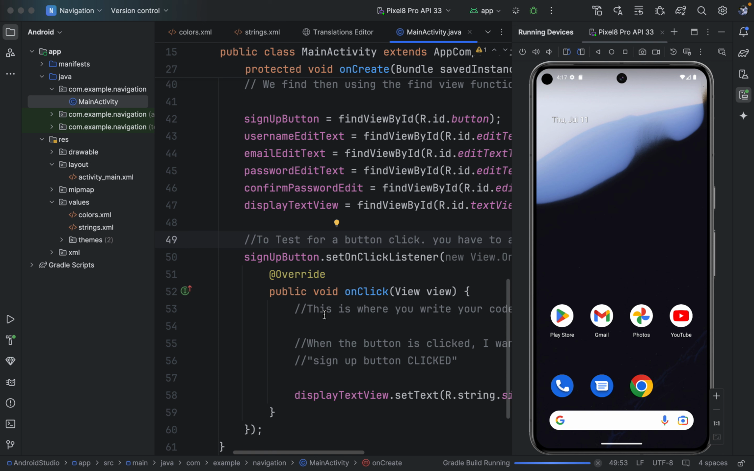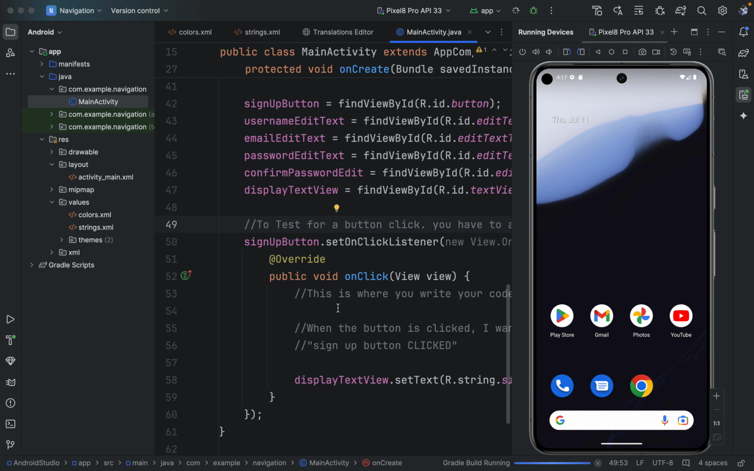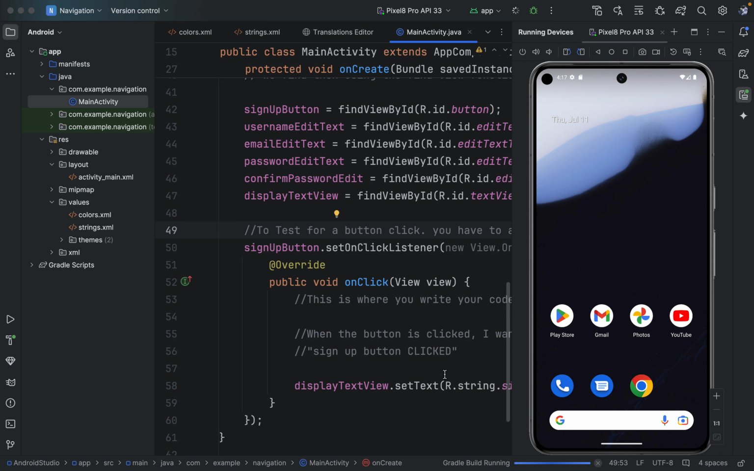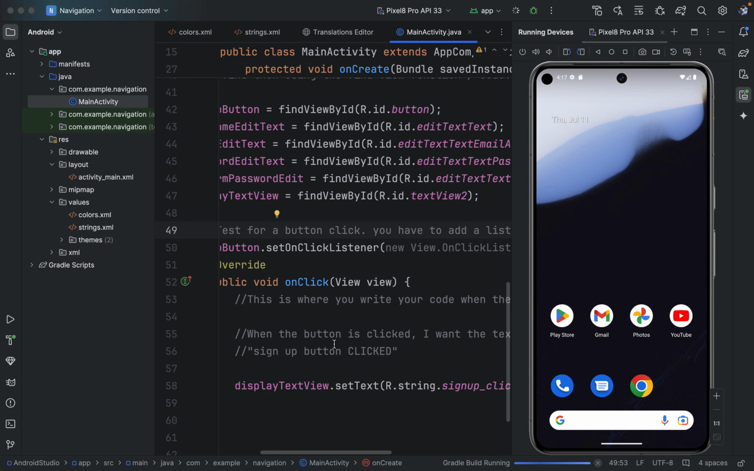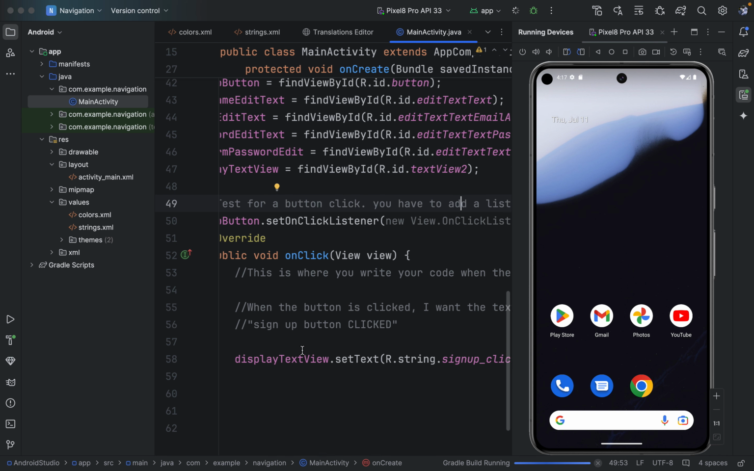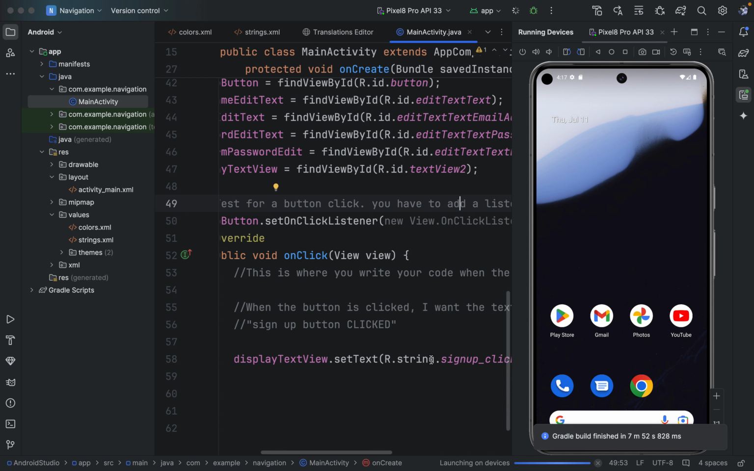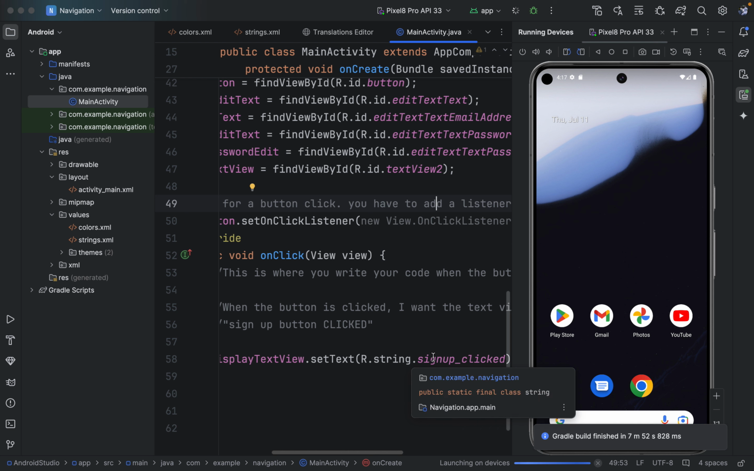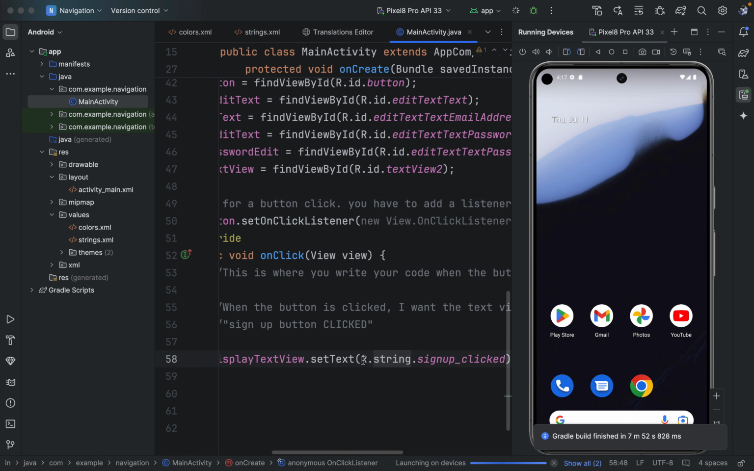At the onClick is where you now write your logic for the app. And in this case, what do we want when our button is pressed? We want the display text view that is down here to set the text to be R.string, and we created this automatically. You can just have it in here as the string, but we said we do the standard of what